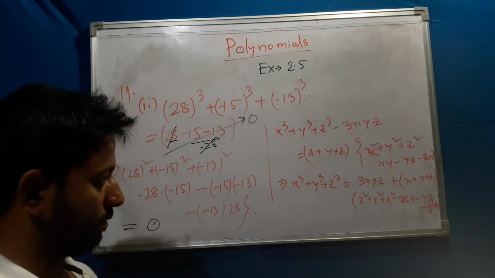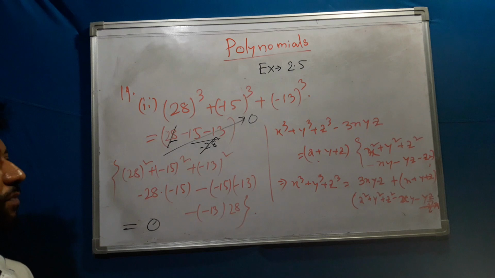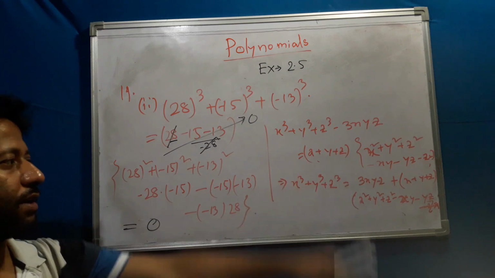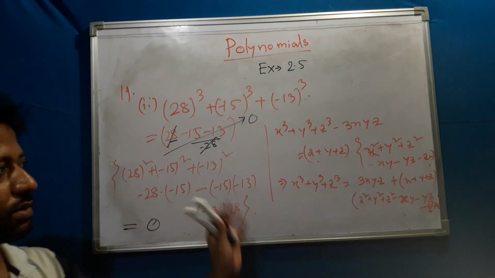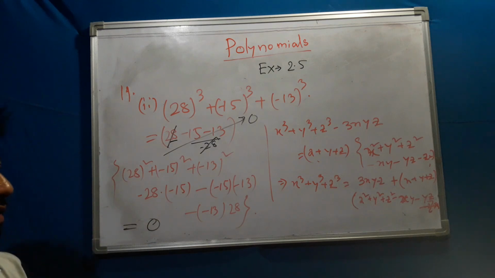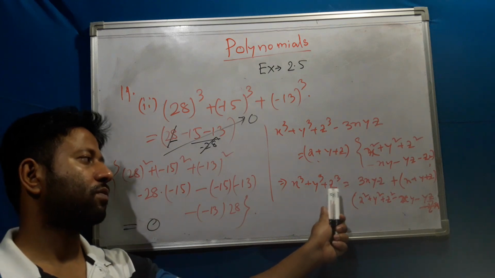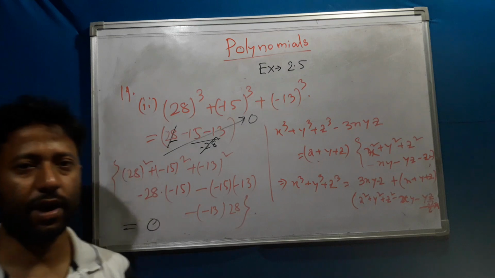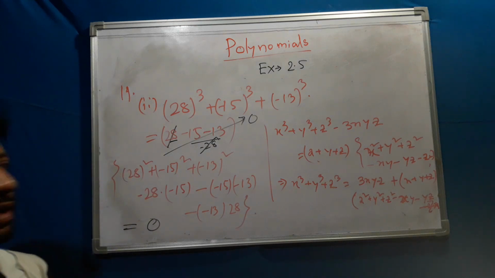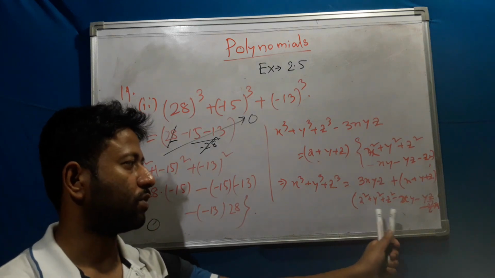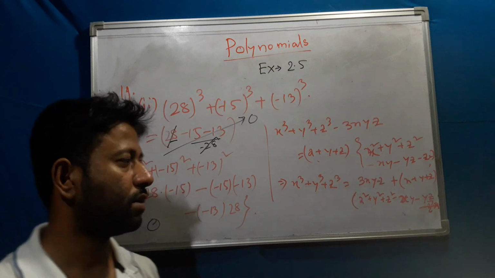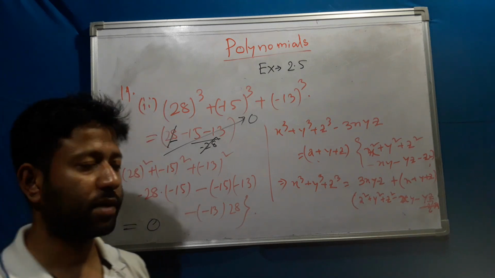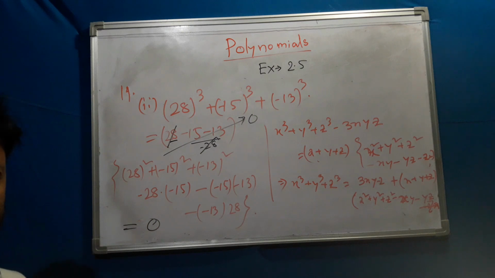Okay, just copy this one. These are the identities. I can arrange the identity in such a way that I take x plus y on the right hand side, then I will only get x cube plus y cube plus z cube. So it's in the form of like that: 3xyz plus (x plus y plus z) into (x square plus y square plus z square minus xy minus yz minus zx). Okay, now